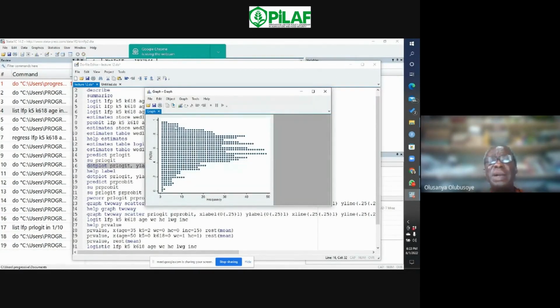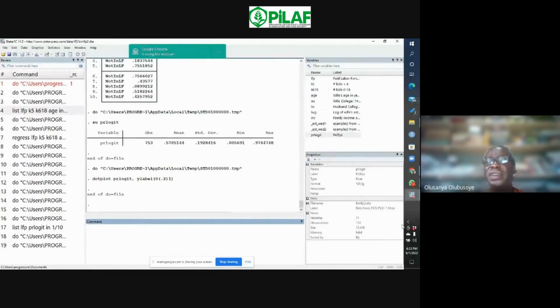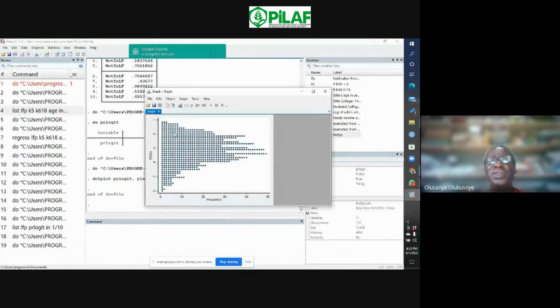So this is the probabilities. Each dot represents each woman, and there are 753 women. You see the probability that each woman will participate in labor force. What is obvious here is that